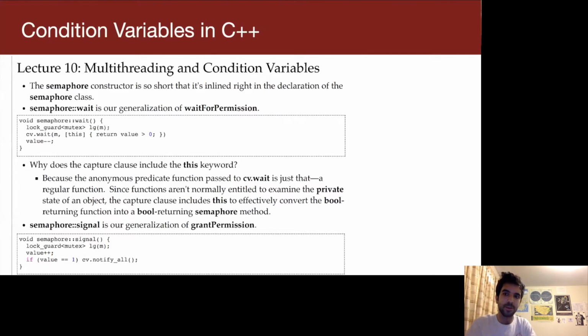Yeah. Are there any other questions about just the basics of how a CV works? Or maybe is somebody wondering, why do we have to acquire the lock before calling wait? I think that's a totally okay thing to wonder. Okay, so,